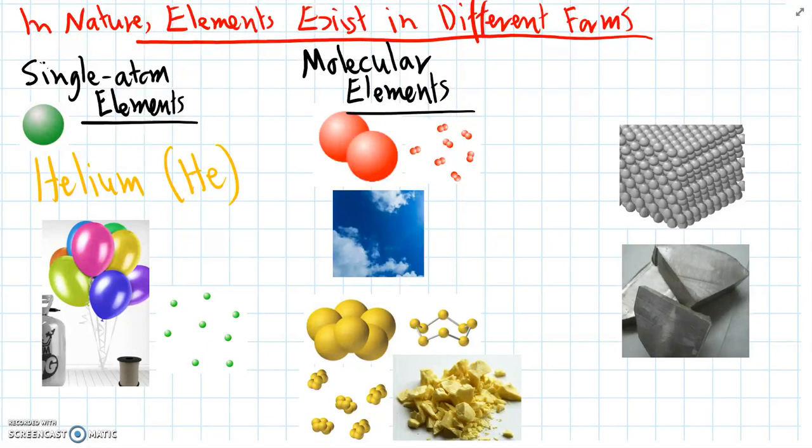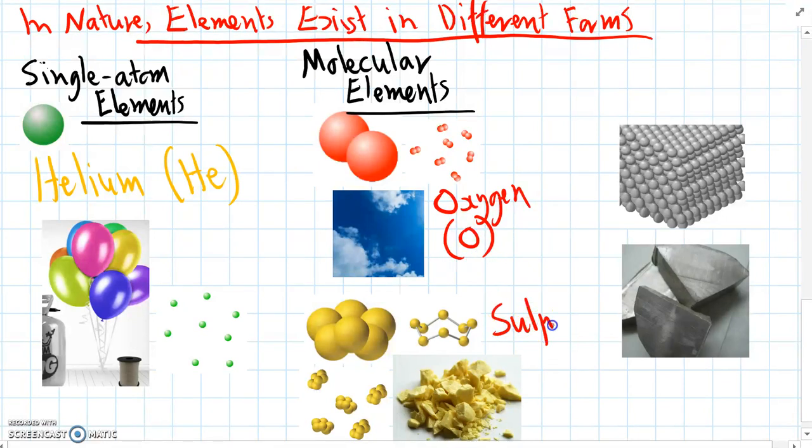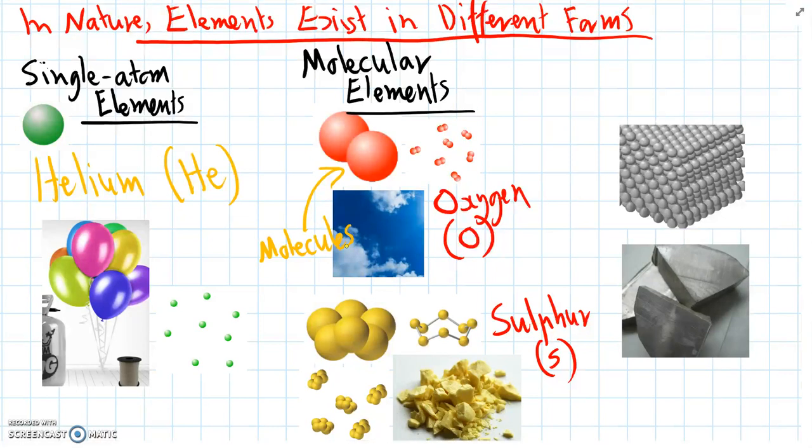The couple of examples we have here are oxygen, which has the symbol O, and sulfur, which has the symbol S. So we can see here, oxygen prefers to have two atoms joined together to make a molecule. We have molecules of oxygen, and this is how oxygen exists in the air normally. And this is one of the most important molecules for us. As humans, we need to breathe it in, obviously,